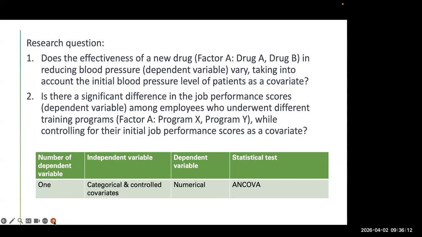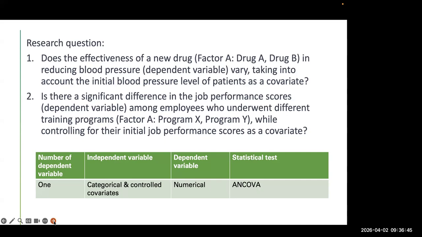Okay, what do we mean by covariates? Covariates means something that can affect your study. For example, you want to study the effectiveness of a new drug. Might be the initial blood pressure level of the patient can influence the reduction of blood pressure. So you want to control that one. Okay, you want to control to make sure that you will compare fairly,